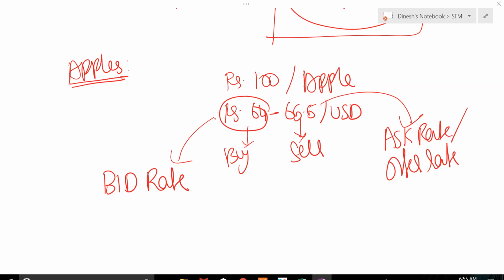Average of bid rate and ask rate is called the middle rate. Where is the middle rate used? It is used for statistical purposes. When I say statistical purposes, to give the past history of exchange rates, they will prefer to give the middle rates. Also, when any company wants to report their financial statements, all your foreign currency exposure has to be converted